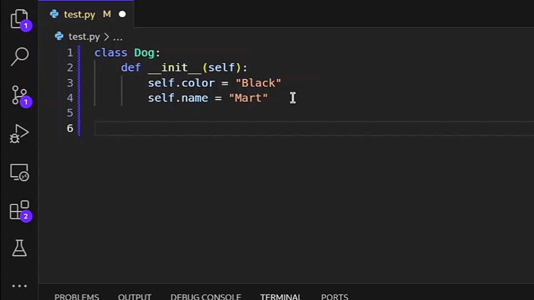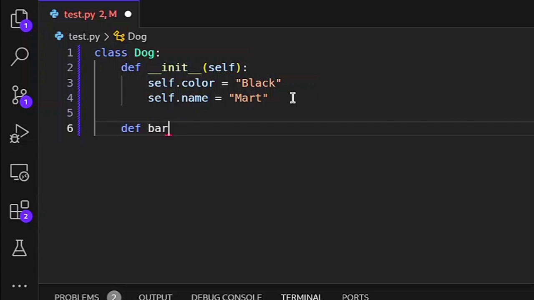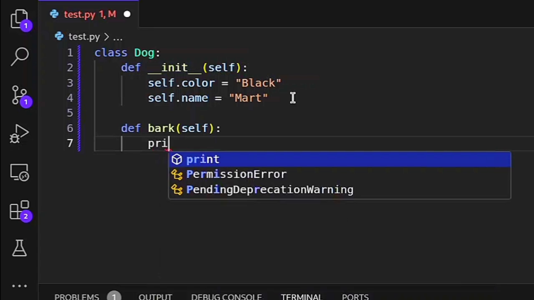To implement its behavior is easy. We also write the def keyword, and then we call the name of that action. So let's say bark. Then our dog is going to bark. After we name this method bark, we pass our dog as a parameter, which is self, and then we put a colon. Then we implement what the action is going to do when bark is called. We're just going to print